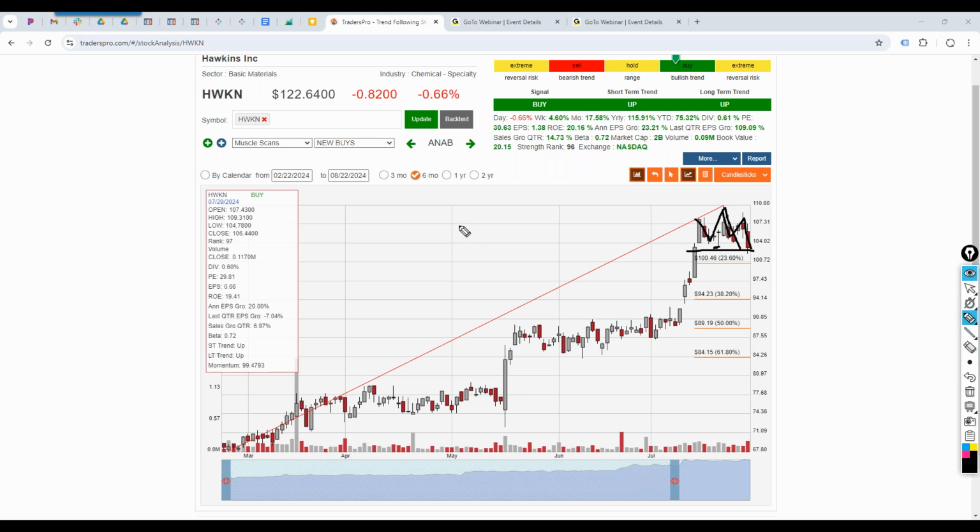A lot of times it's referred to as, that's why there's so many names for all of these patterns: flags and pennants, wedges, everything, head and shoulders. It's because it's all the same thing. It's just everybody's trying to put their own explanation on what the heck is this thing. Well, it looks like a head and shoulders. Well, it looks like a flag. Well, it looks like a wedge. Well, it looks like it's just price action. Okay, and price action happens inside of zones. And when you get a support zone at the bottom of a range, you're going to get buyers, okay? Because what's happening, that's the demand zone.